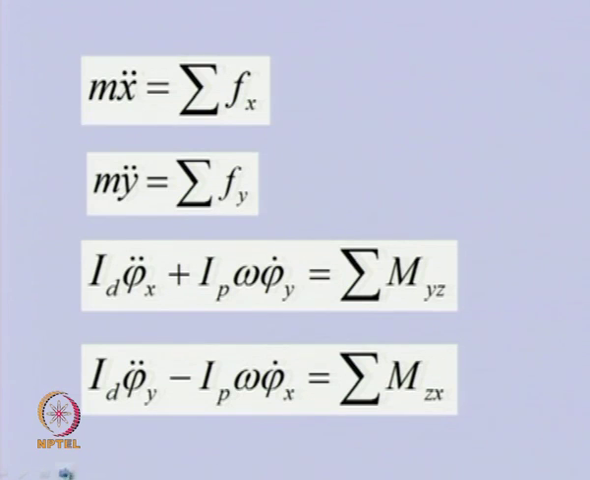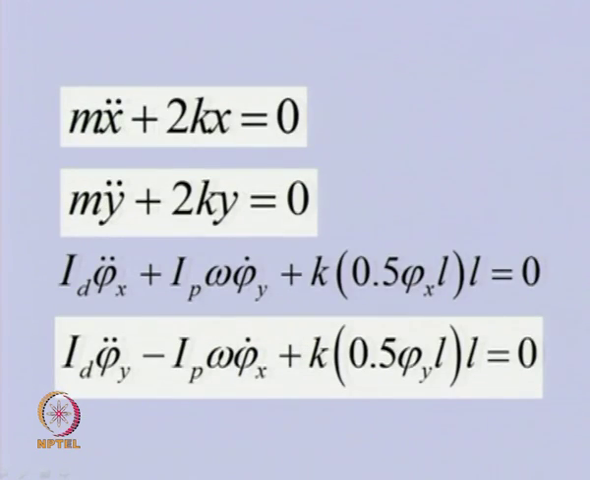So let us see. We can get these two equations because if we give an x displacement, in the x direction the two springs will give this much elastic force. Similarly, in the y direction this will be the elastic force. The moment from the two bearings we can get from this, because if you see the tilting of the disc,